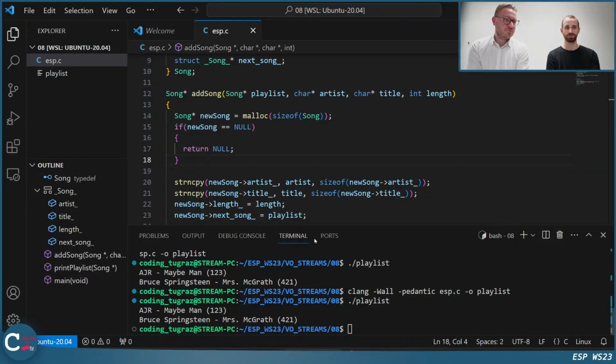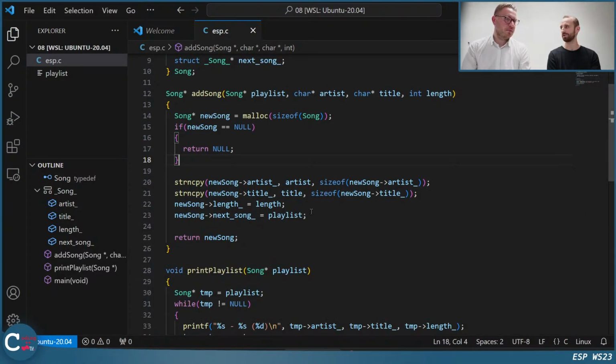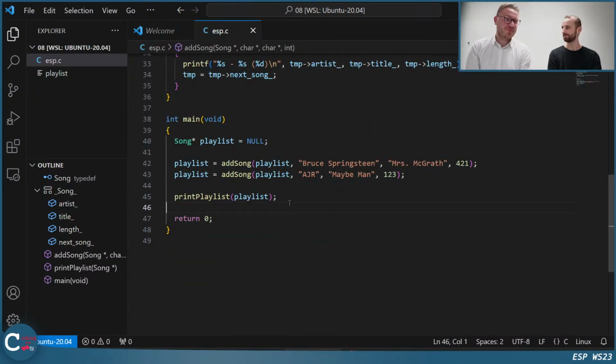I just want to mention that we forgot something very important. Because we used malloc here, we never called free. But I think I said that we should do this. Yes, this would be really the next step where we continue. And in the code that I will provide you, we'll see how to free the entire playlist, how to free when you delete, these kinds of things. As I said, I commented everything, so please have a look at that.